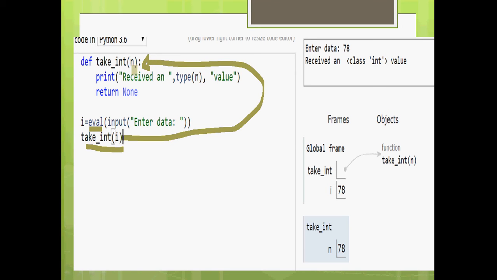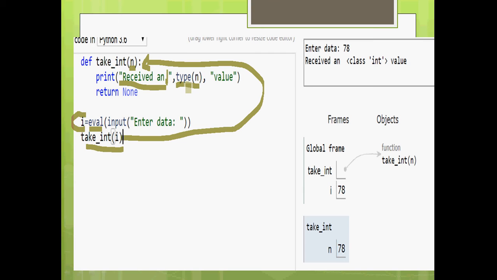Here a copy is created in n, a parameter, and this parameter just contains the copy of I received here. Now what is it doing? It is printing "received an integer type", actually we can make this "a" or "an". Then type of n. So we are just printing the type of n.